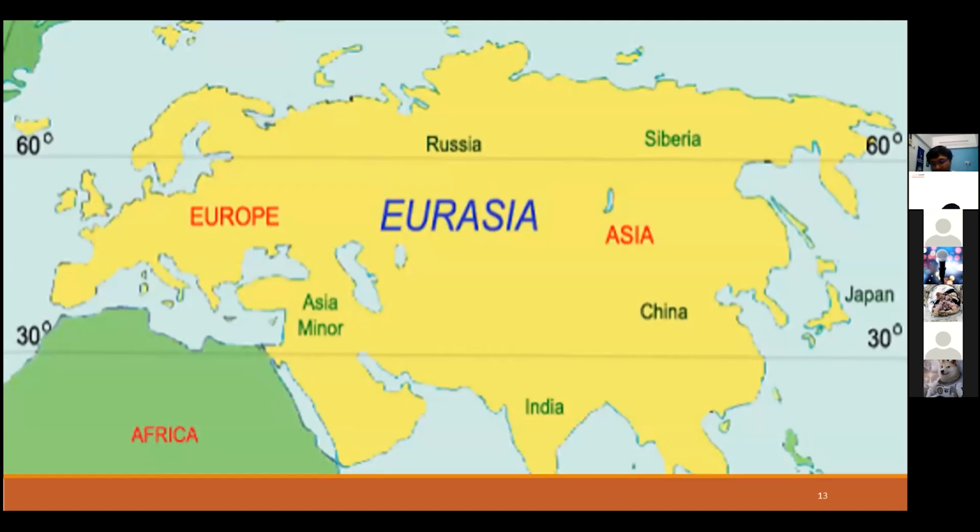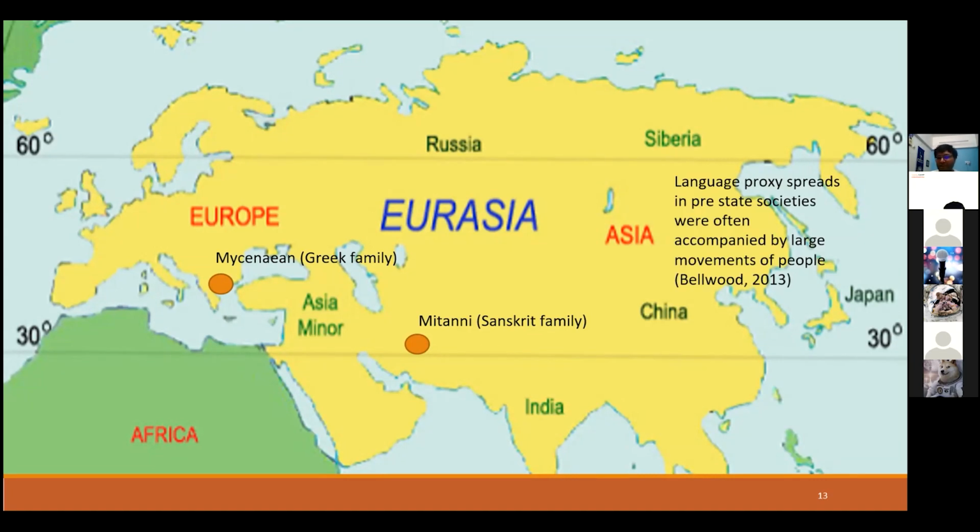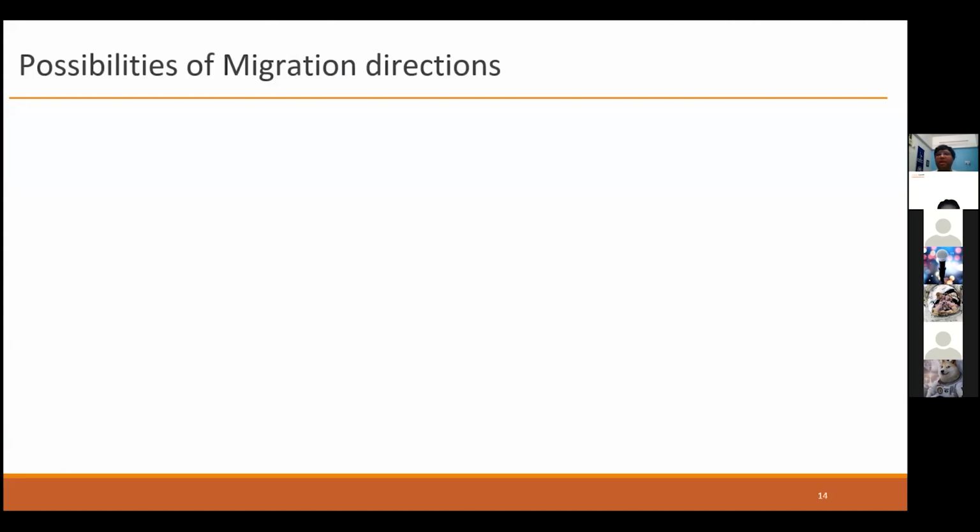Now, here lies the problem. There was a Sanskrit family which was spoken in northern Iraq around 1400 BC. Also, there was a very similar language which was spoken in ancient Greece. But in ancient times, languages reached a certain place only with the migration of a big band of people. So, if 2 language families had to exist in 2 different places of the world, one had to be sure that there was a migration of people from some point on the globe to these 2 places. Now there are 3 migration possibilities.